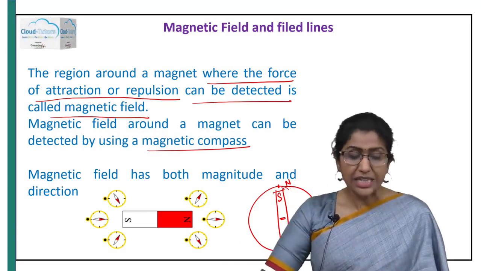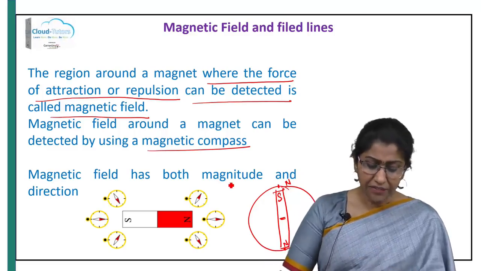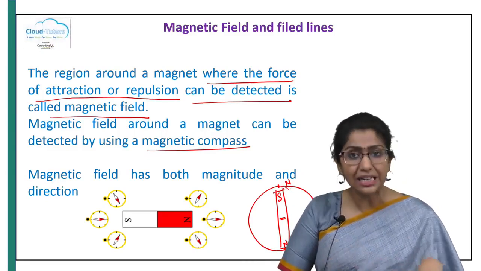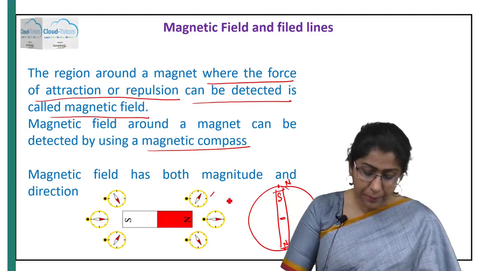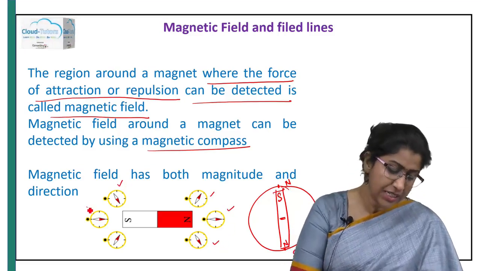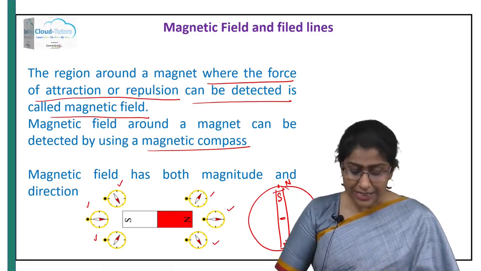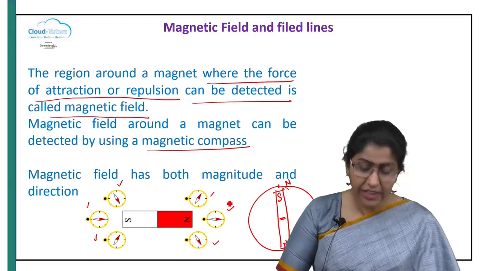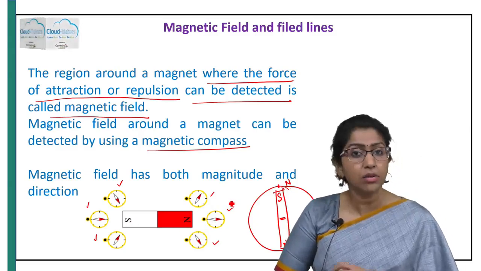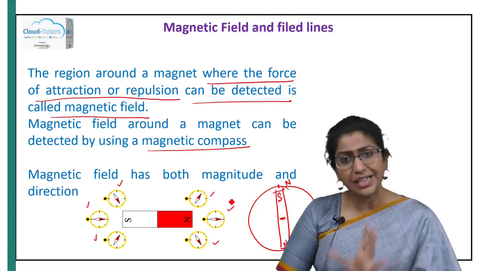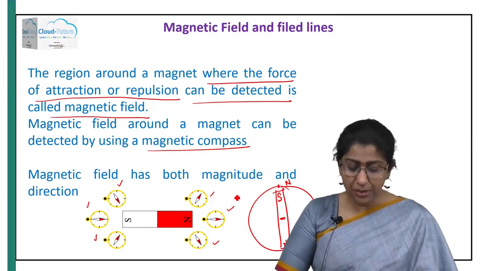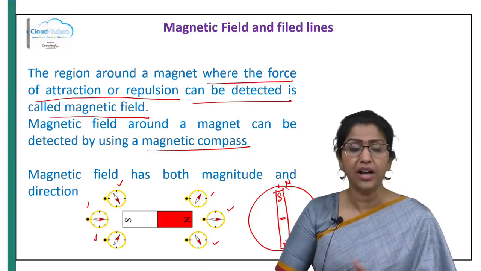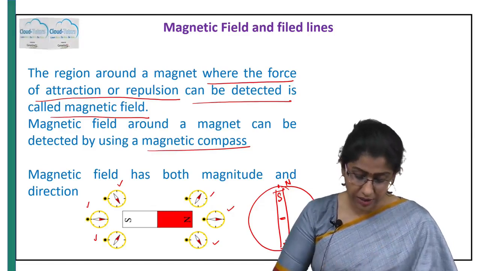Alright, so as you can see here in this figure, when we keep a few magnetic compass needles around the bar magnet at different places, you see that the deflection is different. Why is that? The red shaded area here is the North Pole, and the non-shaded area is the South Pole of the bar magnet. It is just to indicate the North and South Pole, so it is easy to look at how this repulsion or attraction goes here, right?